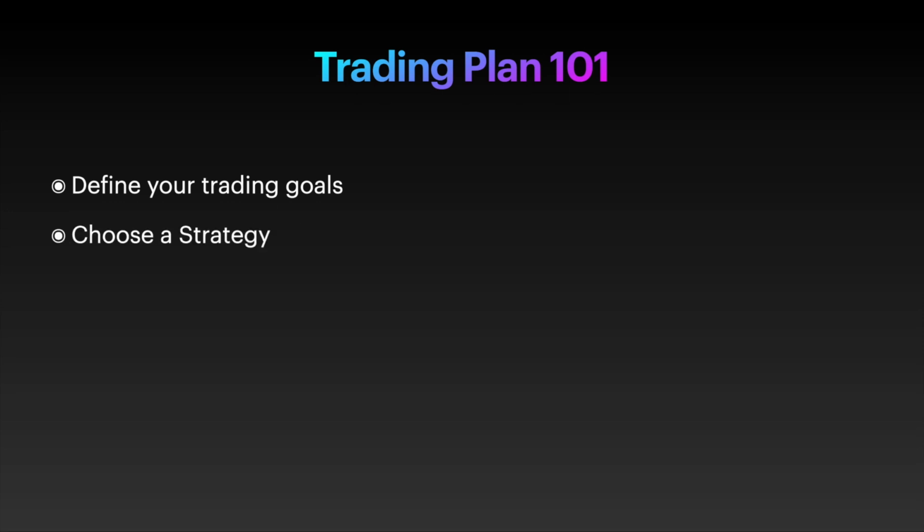This obviously is going to be choosing your strategy, guys. You need a strategy to trade. And so this is going to start to define your trading plan itself. So once you have defined your trading goals, the next step is to choose a trading strategy that aligns with your goals and risk tolerance. Now, guys, I don't care what strategy you use. It could be the ones that we trade here, or support and resistance, supply and demand, order blocks, whatever it is that works for you doesn't matter to us, right? The most important thing is to actually choose a strategy that aligns with your own trading goals and also